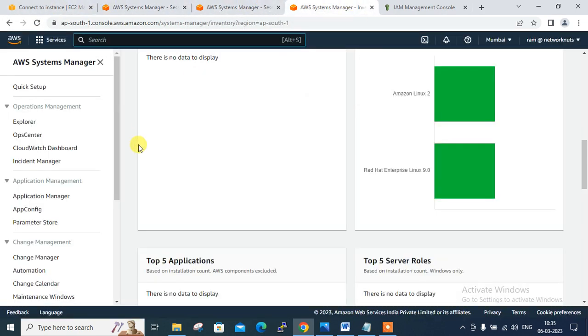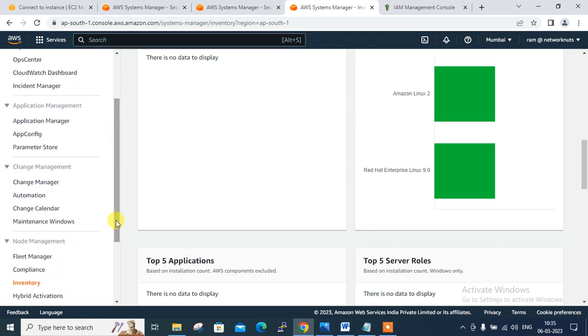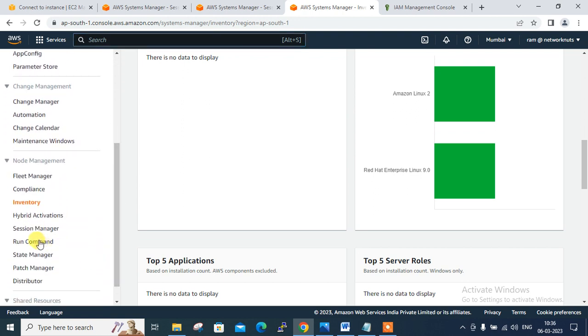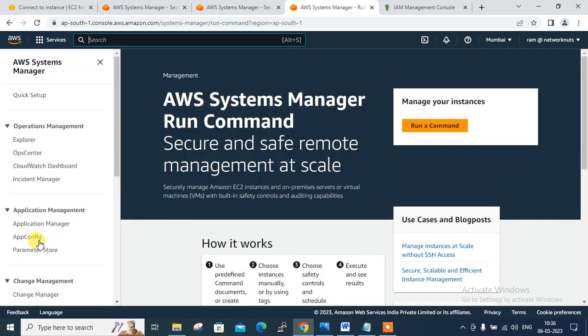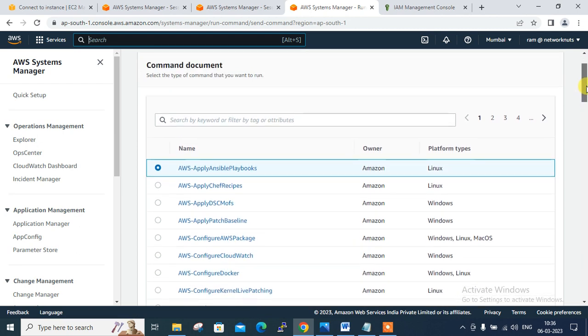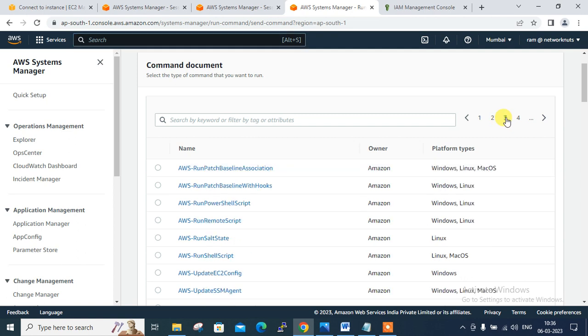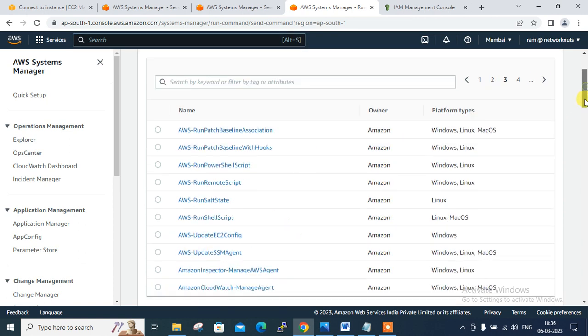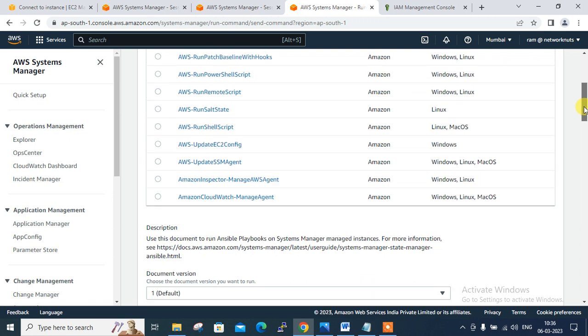I'll go back again to the SSM Manager, and under the node, if I scroll down here, we find Run Command. Look at that, that is very important. If you want to run a remote command on an available instance, we have to go with the Run Command option, right? So click on Run Command and go with Run Command to manage your instances. And here you have to search the command name, or go with the third page. Under the third page, we have, scroll down,